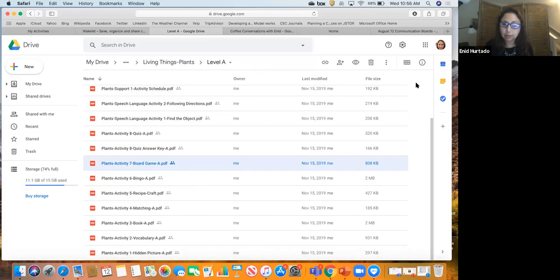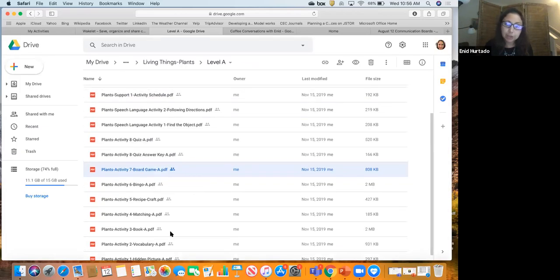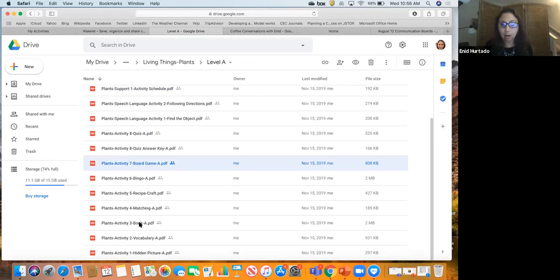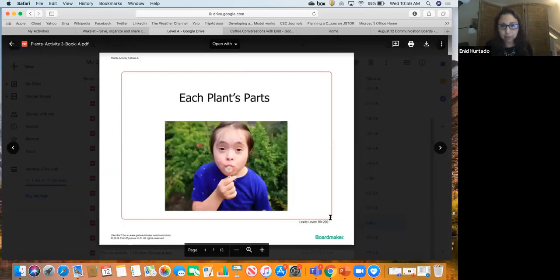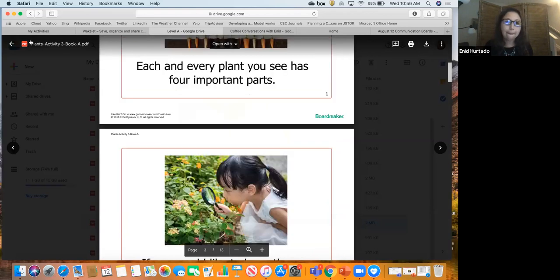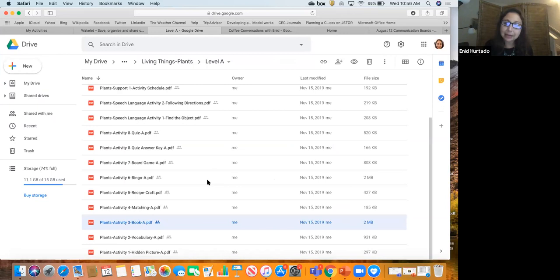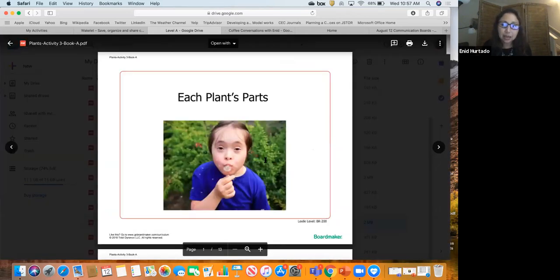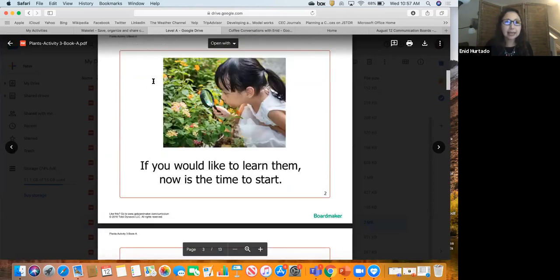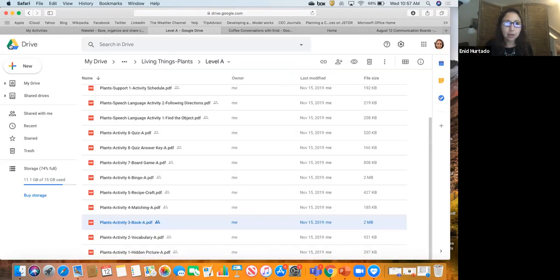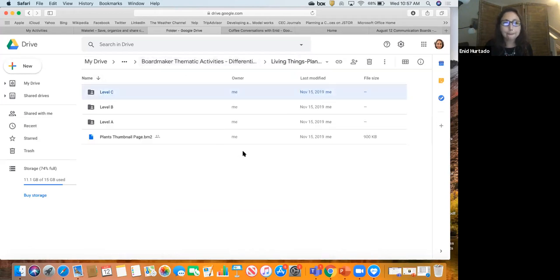Okay, so I'm just calling up things at each of these: a hidden picture, vocabulary, of course, a book that relates to the topic. And these are not editable, but it's a PDF, so I guess in a way everything can be edited. So you saw in the book, let me bring that up again, just the words. Okay, so that's level A. And then if we go to level C,